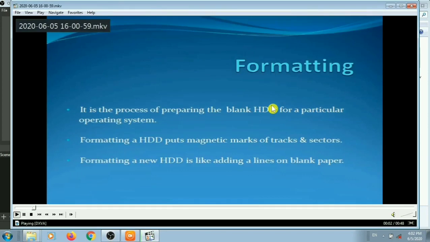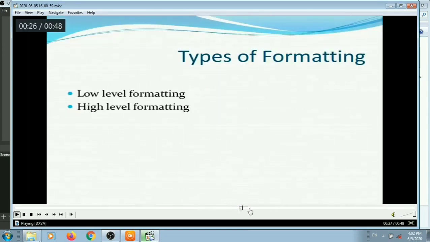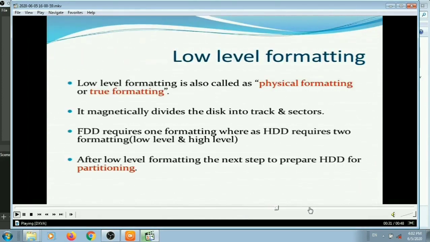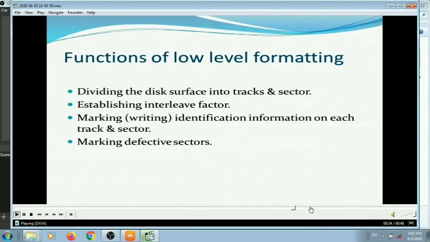Recording is started here. You can give your voice narration over the presentation. So this is formatting. It is a process of preparing the blank hard disk drive for a particular operating system. Then you can change the slide by using the down key. So types of formatting: low level and high level. Then next, then next.